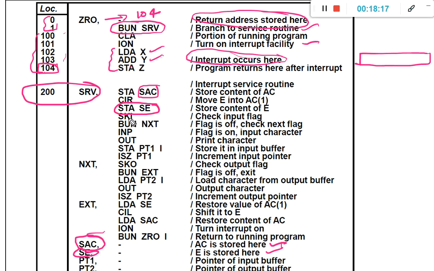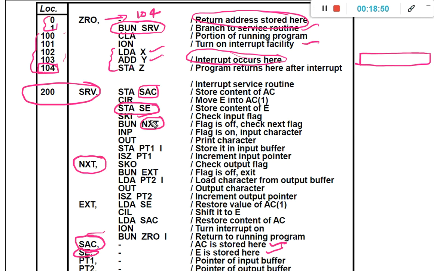The actual logic is, whenever either the input device or the output device interrupts the CPU to perform either an input operation or an output operation, check for the input flag first. If the flag is off, then check the next flag. If the input flag is 0, then go for the output flag.